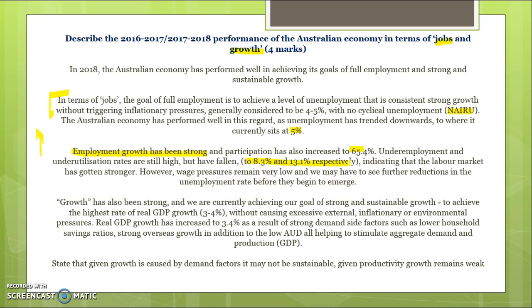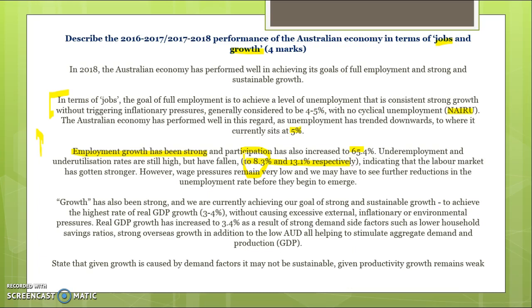However, we are still in a situation where wage pressures have remained quite low. So what we expect, because underemployment, while 8.3% has gone down, is still a lot of underemployment. So given the higher levels of spare capacity in the labour market, our unemployment rate really has to be at around 4%, even 3.5%, before any sort of inflationary pressures start to be experienced, and before businesses will start to really look at increasing their wages. So they're the key things in the labour market. Talking about how it's getting stronger, but there is still scope for improvement. There's still a lot of spare capacity. Wage pressures are still low.